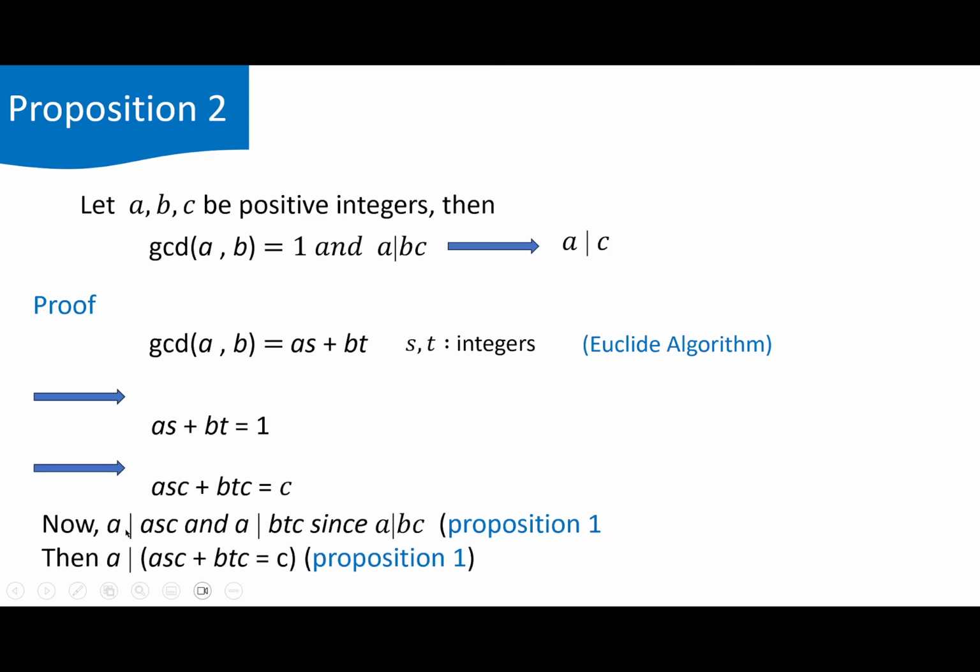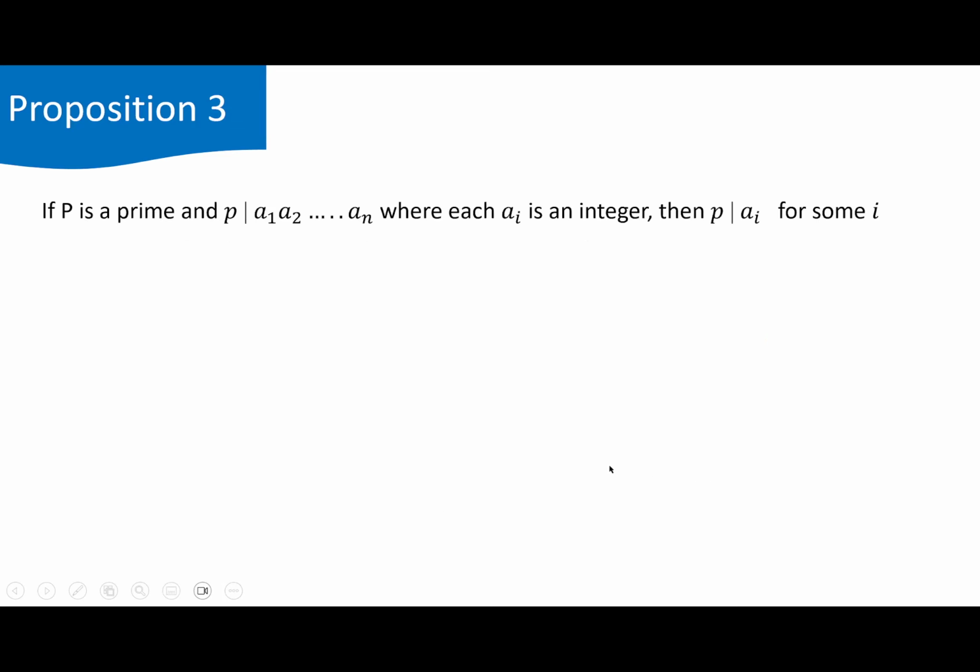Now, a divides this term, because a is right here. And a divides btc because a divides bc. So that's using proposition 1. Then a divides the sum of them because it divides this and divides this, so it divides the sum of them. That's using proposition 1. It's done. Proposition 3. If p is a prime and p divides the product a1, a2, up to an,